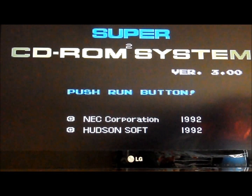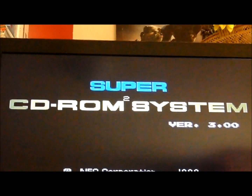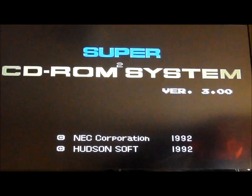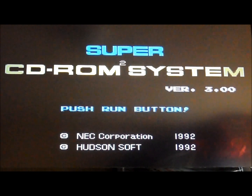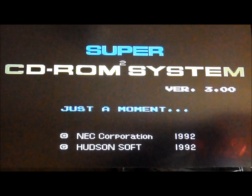Alright guys, I'm going to start it right now. My camera's going to die, so hopefully it doesn't die while in the middle of the gameplay. Oop, there goes my controller. Alright, here we go. And no, I don't have the Super System Card 3.0 in my Duo. It doesn't require it. This is technically my first time playing it, so